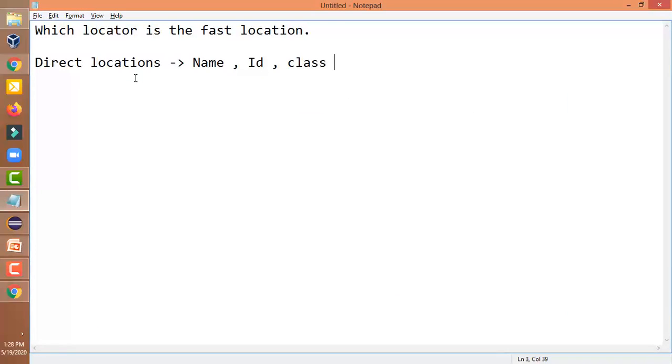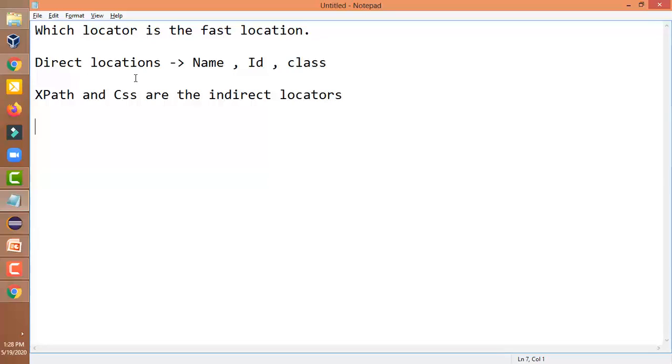So all these are the fastest locators rather than XPath and CSS. XPath and CSS are the indirect locators.